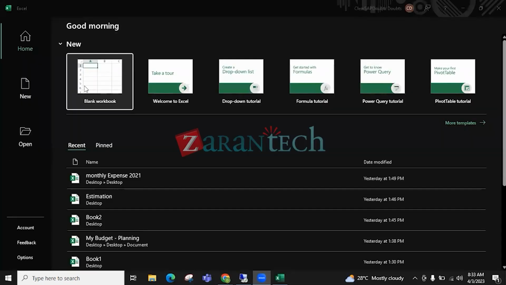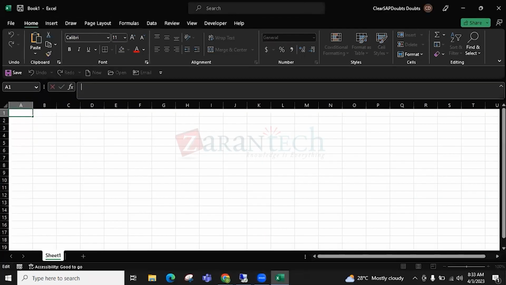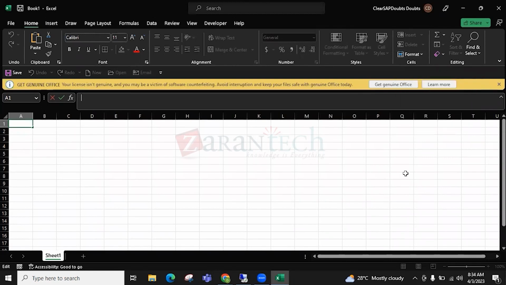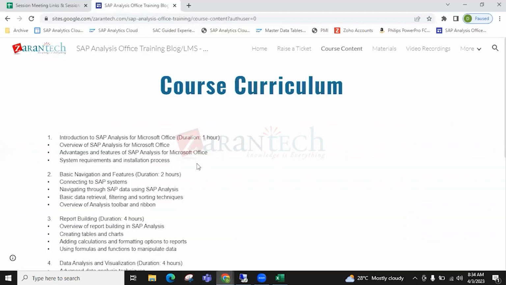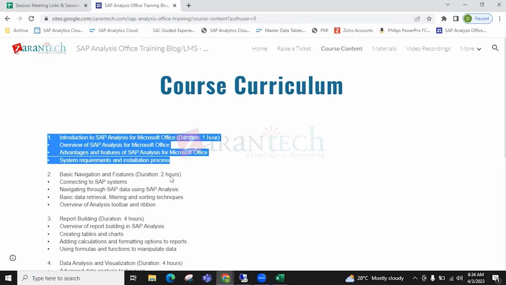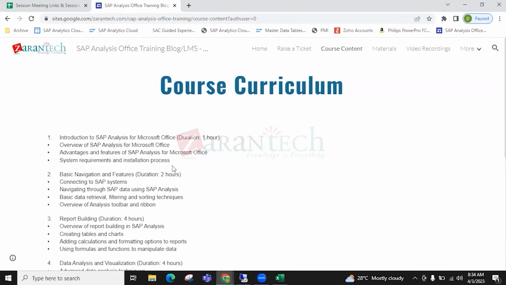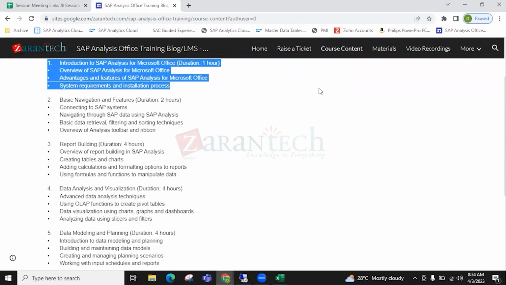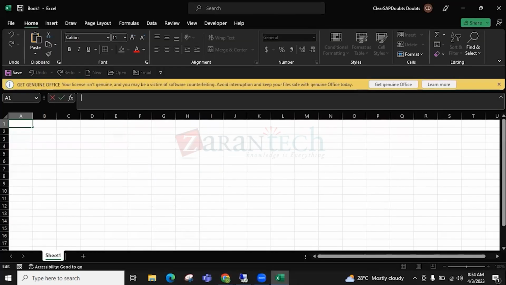So today, we are going to understand what is the product portfolio of SAP, keeping in mind the analytics perspective. And this is not listed in this course content. I always go through this product portfolio and the details around it so that you understand the positioning of the product. And then we go to the product details within the course curriculum. So today, mostly in this 1 hour, we are going to cover this one only,